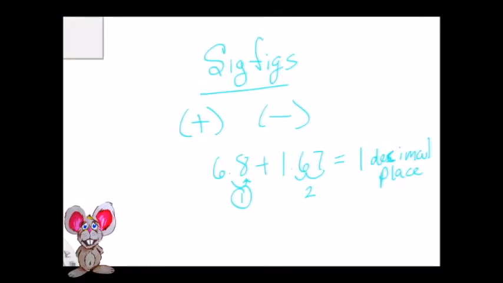But it does bring up an interesting point about measurement. When explaining sig figs to a student, it's important to also take the opportunity to talk about why we use decimal places, because the smaller or more broken up the measurement is, the more it's been dissected in half and half and half and so on, the more accurate our measurement is. In other words, if I measured the distance between point A and point B, and let's say these are feet, that would come out to 1, 2, 3, 4 feet, right?